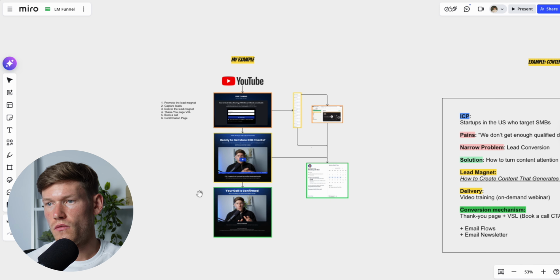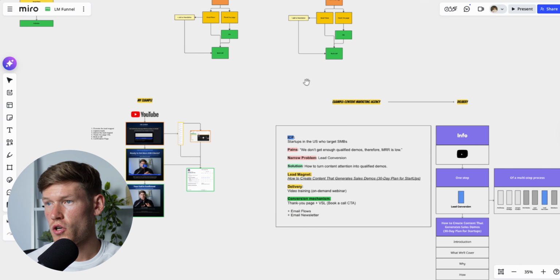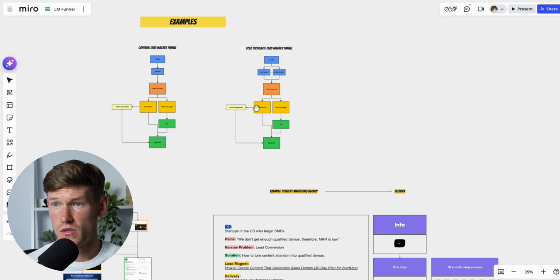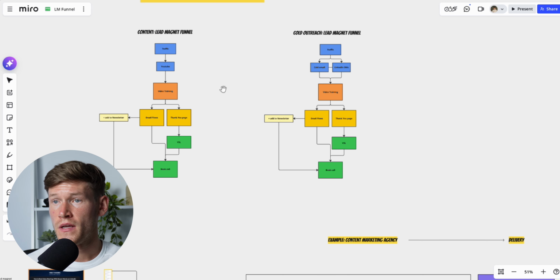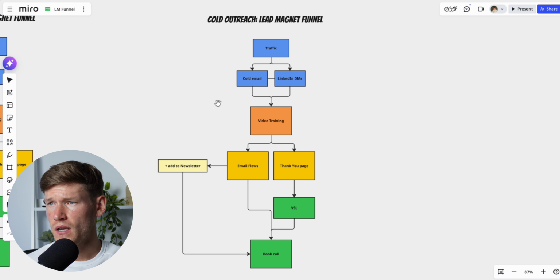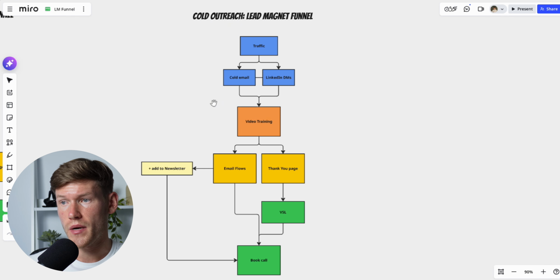Obviously, that's just a top line view of how this would actually work. But I just want to show you another example, in case you don't want to use content to promote your lead magnet. There are different ways to do it. And for one of my clients in particular, what we do is